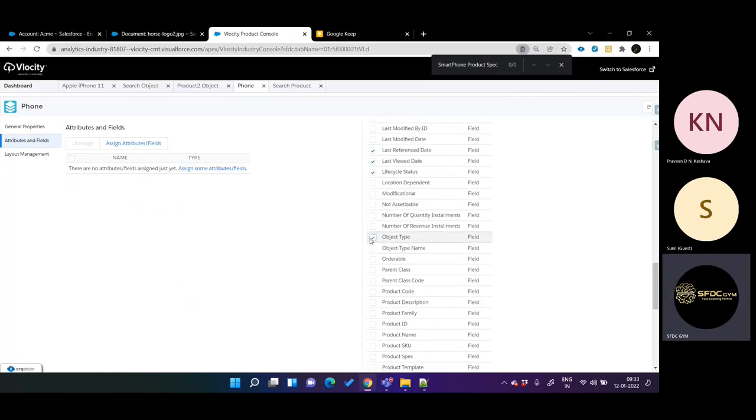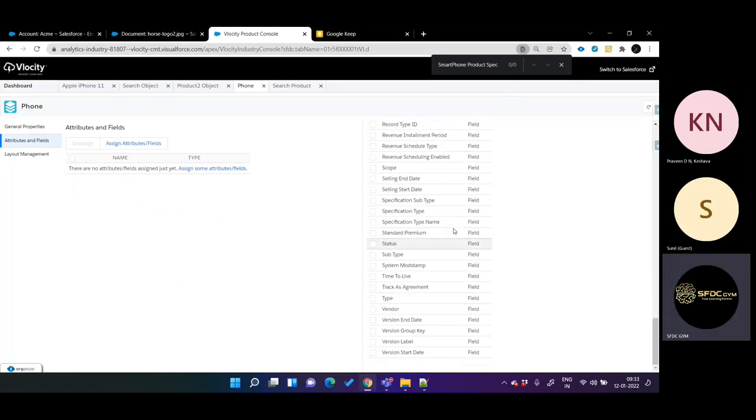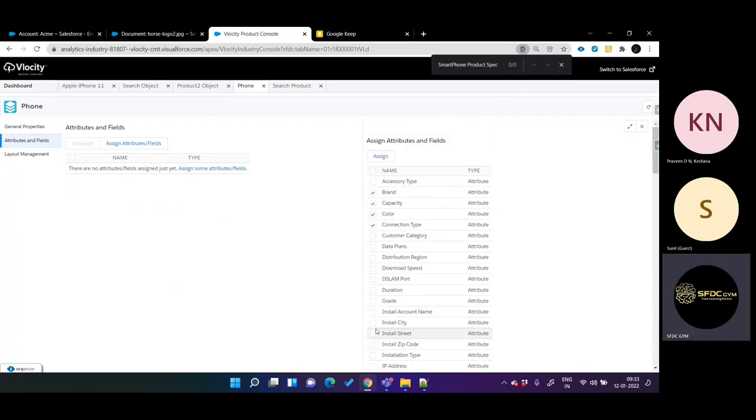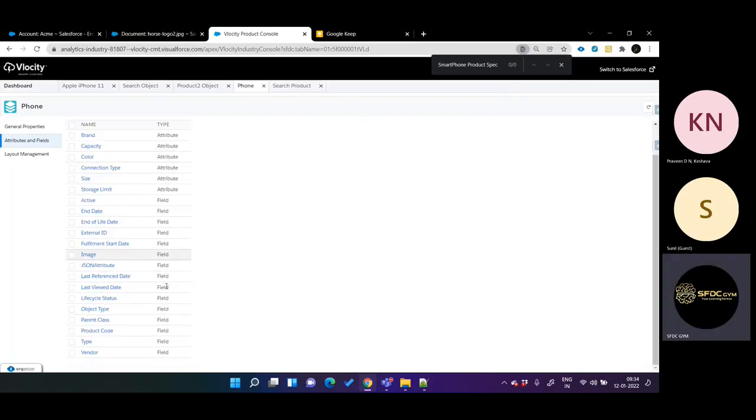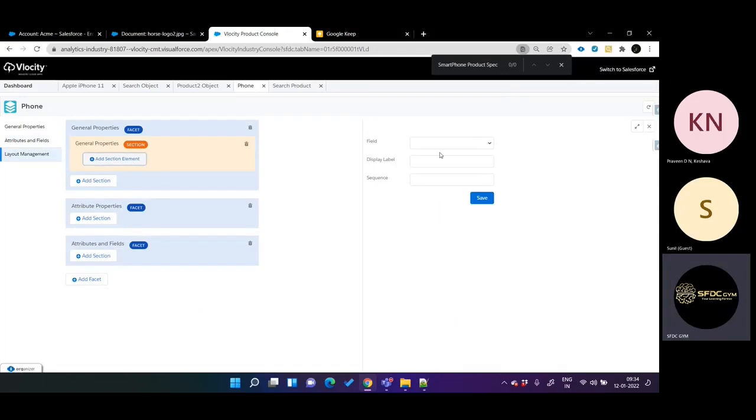Okay, object type, parent class, all those things you can basically select from here itself. Those are nothing but the default product fields. Okay, and let's say those many fields we have defined, vendor type, vendor and type. Then you need to click on the assign button. All those fields will list out here. Even though you are creating this for object 2, you cannot access all those object 2 native fields because you have not added them into the attribute and field section. Then if you go to the layout management and you click on the section, here you will find the